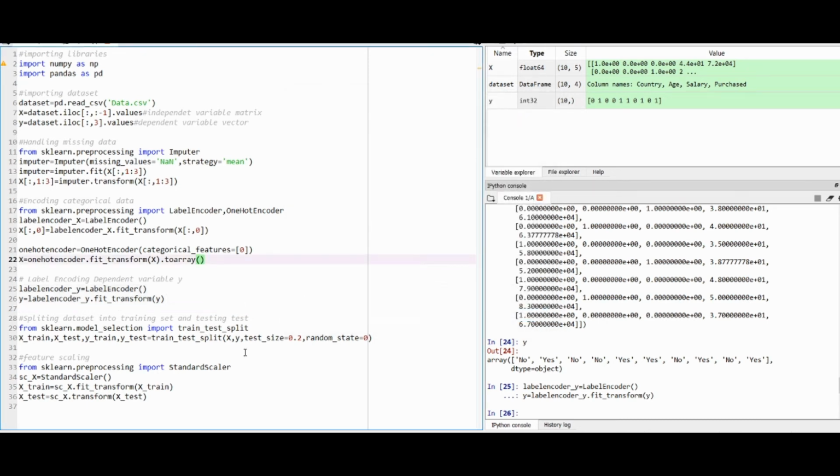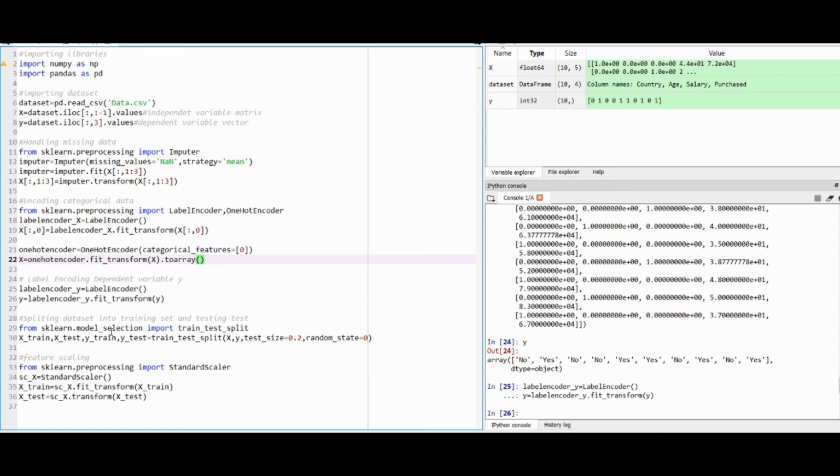Now the next step is splitting our data set into training and testing data, because in machine learning we have to separate our whole data set into 2 parts: one part for training, which will be applied for training our model, and the other part is testing data, which will be used to test our model, so that we can understand how our model is progressing or learning. For this also we will use sklearn, the sklearn.model_selection module, and from this we will import the train_test_split class.